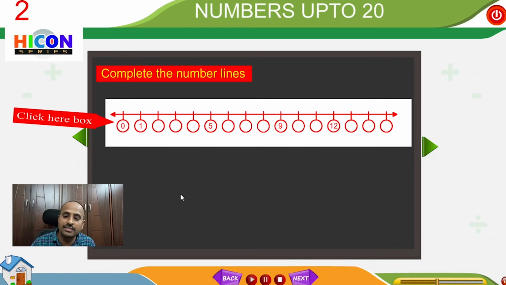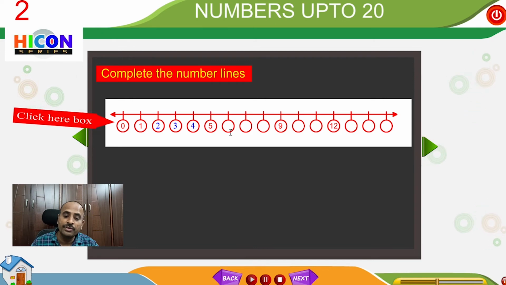Look at this. This is a number line, and we have marked some numbers on it, and some gaps, that means some fill in the blanks, are left here. We have to fill those gaps. The first number is 0, the second number is 1. After 1 we will get 2. The number which comes after 2 is 3. Write 3 here, and after 3 we will get 4. After 4 we will get 5, already given on the number line.